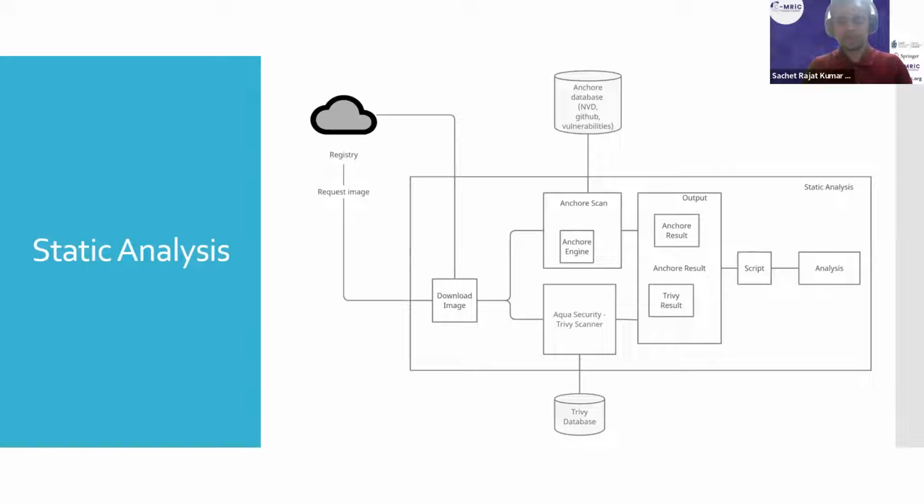Anchore uses the NVD, the National Vulnerability Database, which it has to sync and download entirely onto your system. So Anchore usually takes a while to set up and get going, whereas Trivy uses its own database, which is a collection of a lot of different sources. They do not install this on your local system; it is a remote database. Hence, it's fairly quicker. It just has to cross-reference with the remote database, with nothing to download. And once these 2 scanners are done with their scans, we get the output.